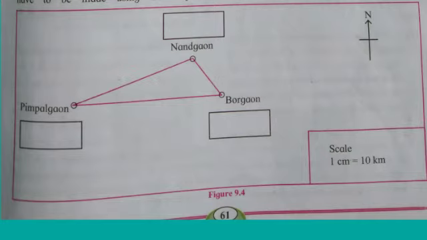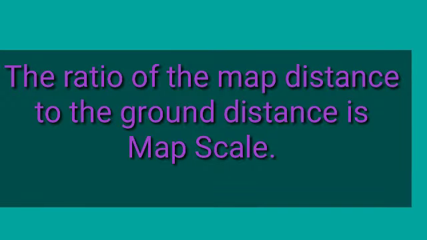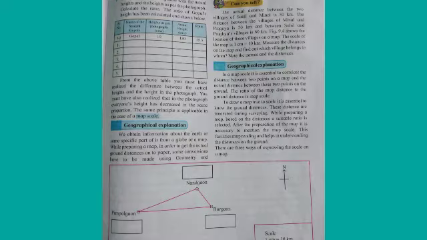Geographical explanation. In a map scale, it is essential to correlate the distance between 2 points on a map and the actual distance between these 2 points on the ground. The ratio of the map distance to the ground distance is map scale. To draw a map true to scale, it is essential to know the ground distance. These distances are measured during surveying. While preparing a map based on the distances, a suitable ratio is selected. After the preparation of the map, it is necessary to mention the map scale. This facilitates map reading and helps in understanding the distances on the ground.